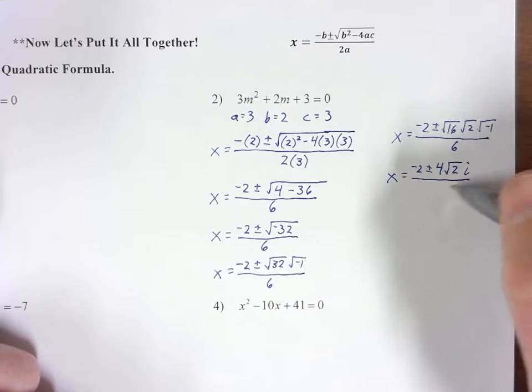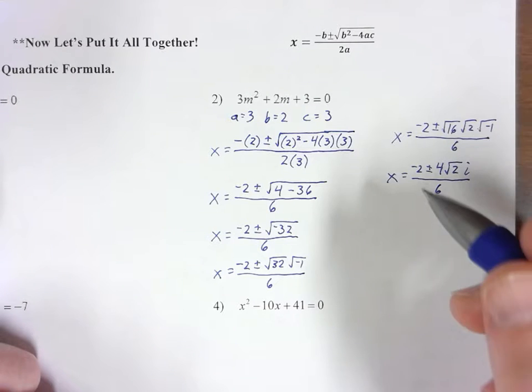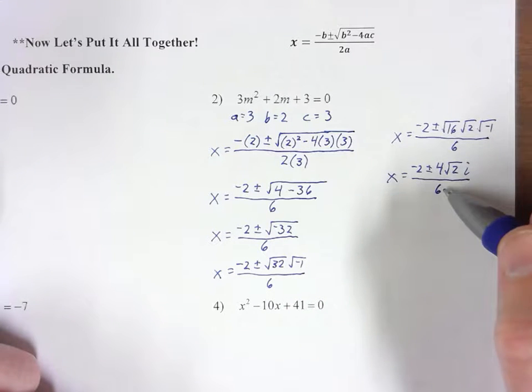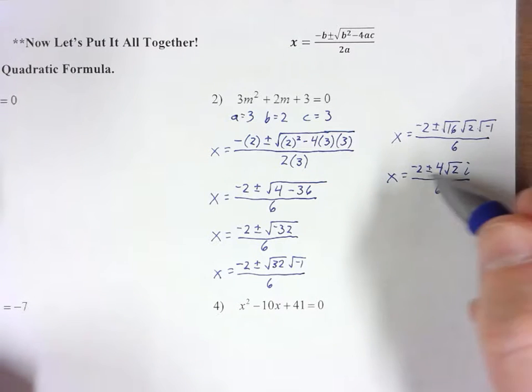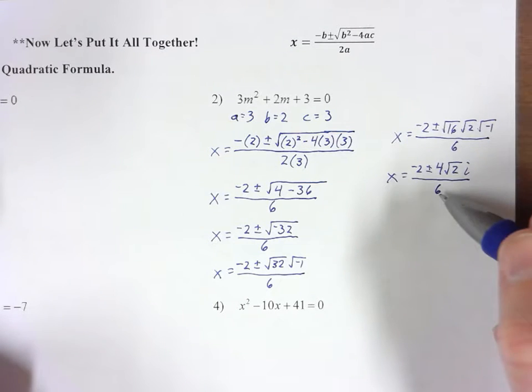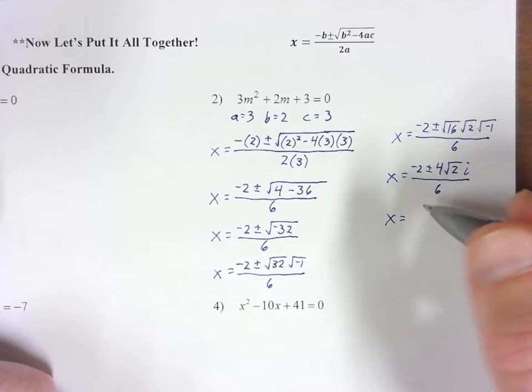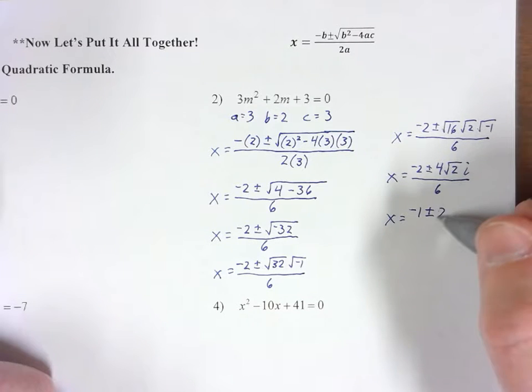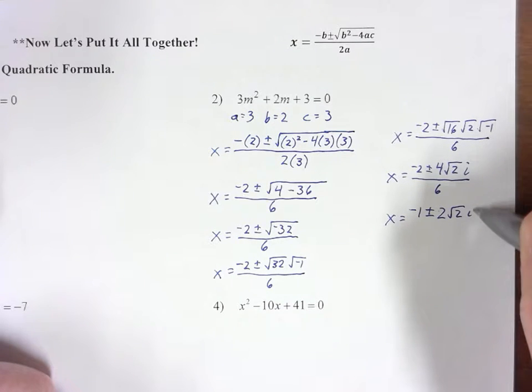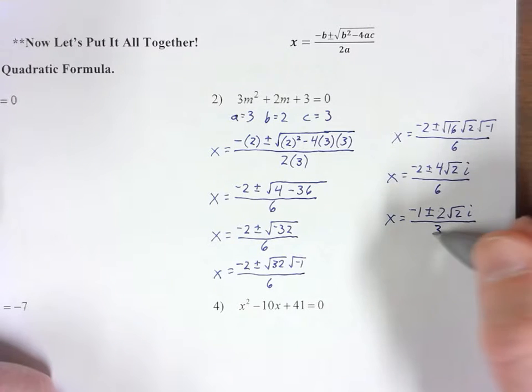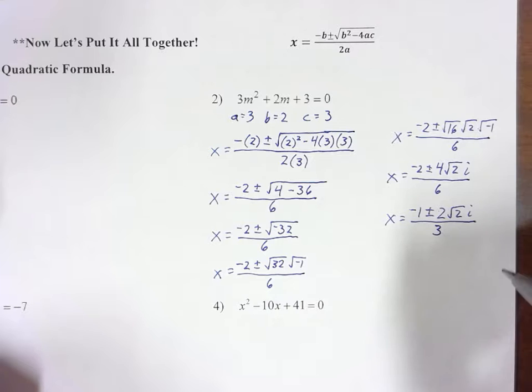And now I want to look at the 2, the 4, and the 6, the numbers that are not inside the square root. And those three numbers can all be divided by 2. So I want to divide negative 2 by 2, which is negative 1. 4 divided by 2 is 2. Keep the square root of 2 and the i. And on bottom, 6 divided by 2 is 3. And so you can leave your answer in this form,